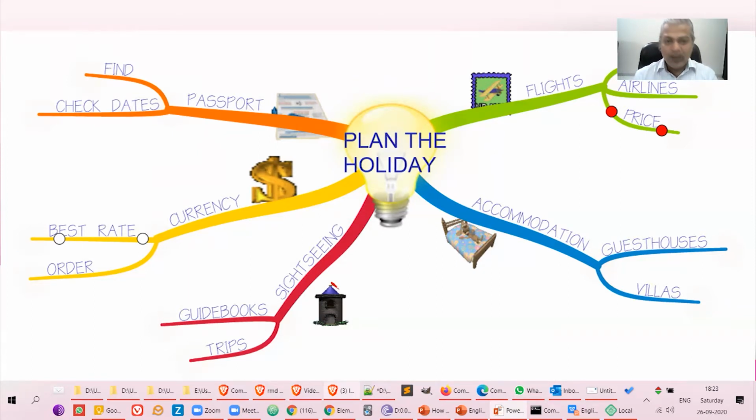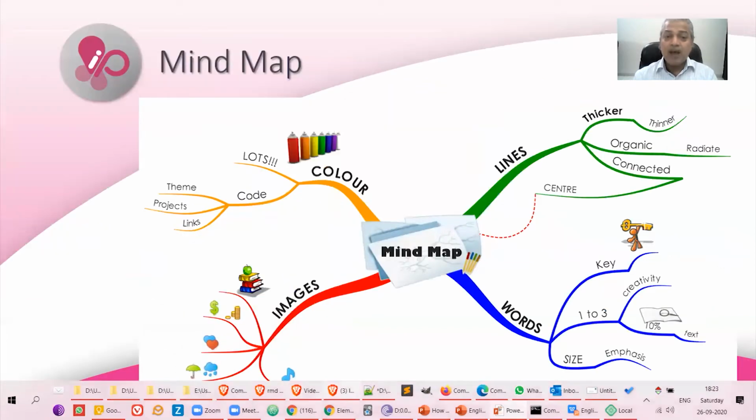Now, to explain mind map further, let's use a mind map. When you want to create a mind map, you start with the main topic, the main subject, in the center, and then you create lines. You can create any kind of lines: colorful, thicker, thinner.